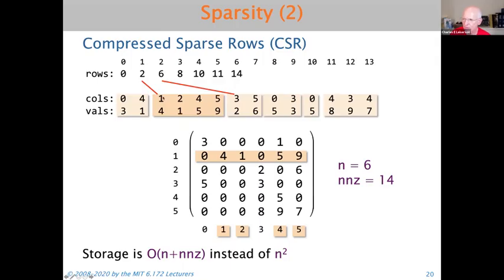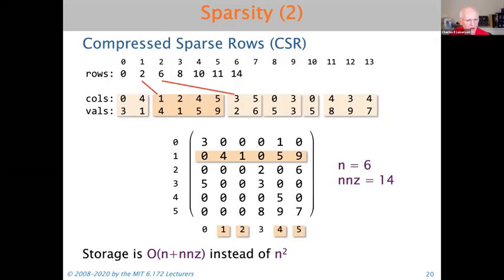So from the rows array, between 2 and 6 minus 1, or 5, you can find all the elements of row 1 consecutively. The same is true for the others. For example, row 3 occupies the positions from 8 and 9 up to but not including 10, and so forth. So the storage here ends up being n for the rows plus